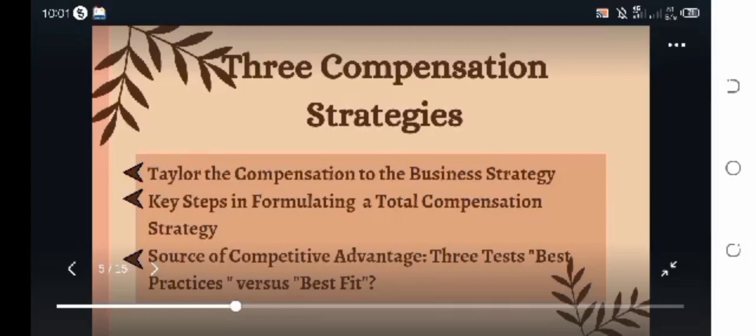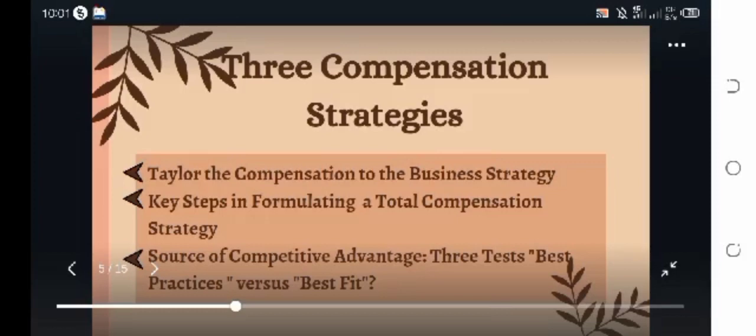So here are the three compensation strategies. First, tailoring the compensation to the business strategy. Second, key steps in formulating a total compensation strategy. Lastly, source of competitive advantage: best practices versus best fit. Based on my research,